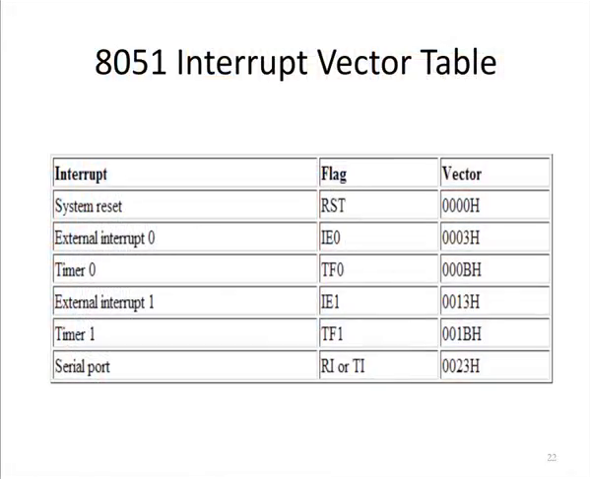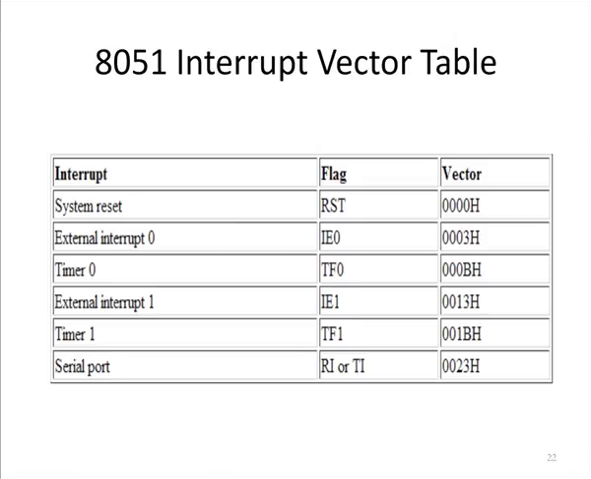Now let us see the interrupt vector table for 8051. Again we know that interrupt is the asynchronous mode of communication with the controller. The interrupt vector table shows where the control will be transferred when a particular interrupt occurs in 8051. When there is a system reset, the flag affected is RST and the vector location, or we can say the control transfer location, is 0000H. When there is external interrupt 0, the IE0 flag is activated and the vector location for external interrupt 0 is